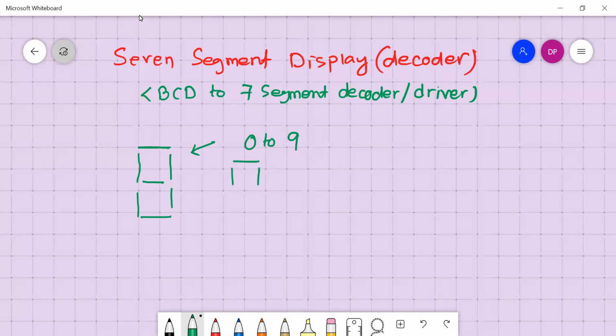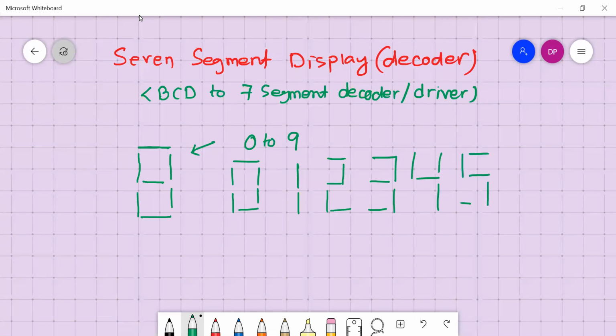So 0 means we can display it like this. 1 can be displayed like this. 2 can be displayed like this. Okay, 3 can be displayed like this. 4, 5, and 6, 7, 8, 9.